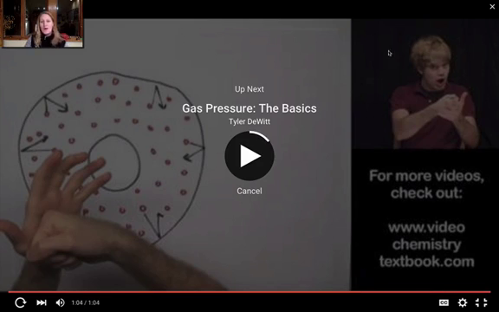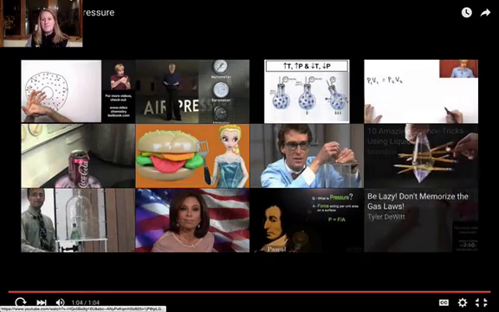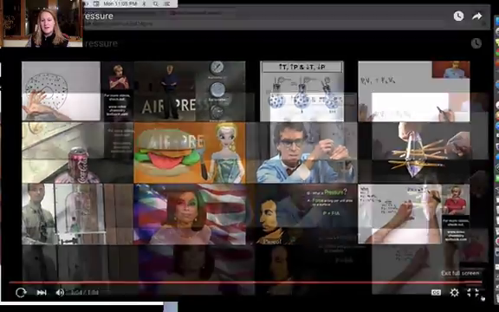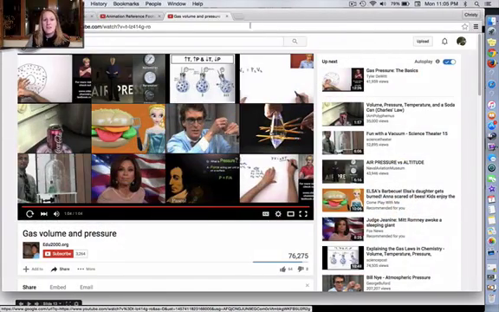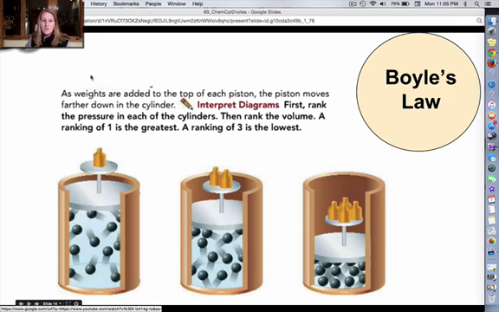Okay, one of my favorites, because it really is showing you exactly what is going on with the gas particles in relation to temperature and pressure. Okay, so let's summarize two of these relationships. The first summarized for us by Mr. Boyle. What he is saying is that